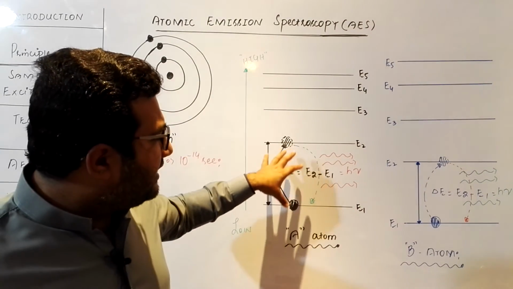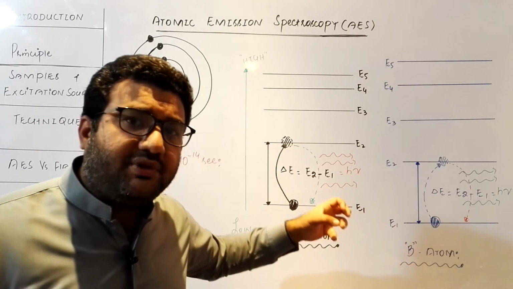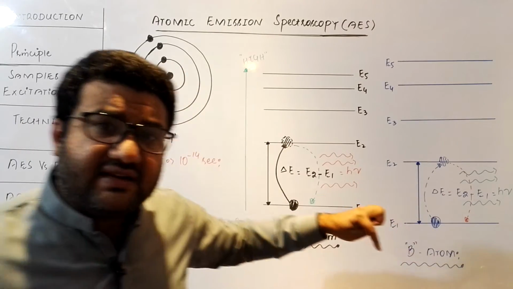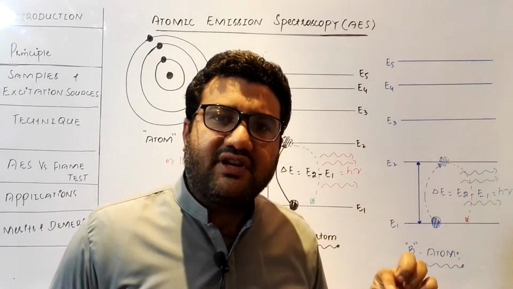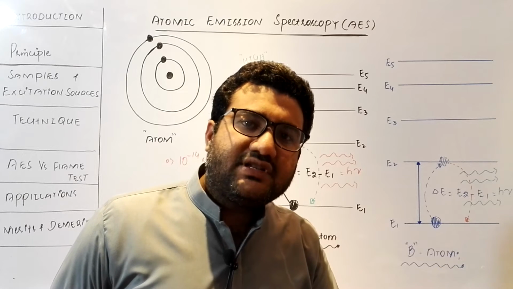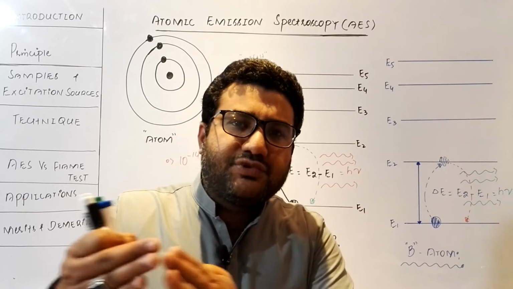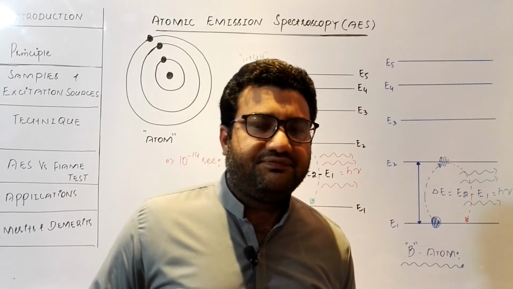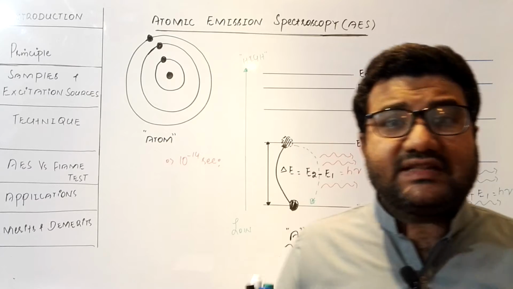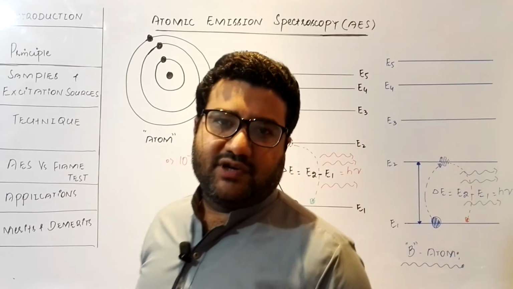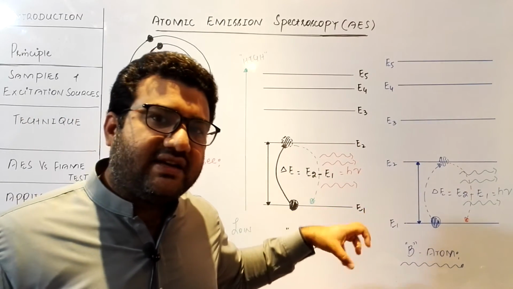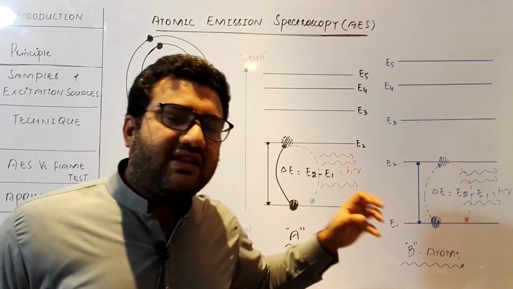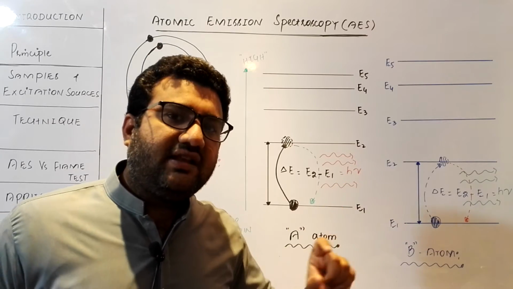When both these electrons were excited, they absorbed photons of different energy. And when they are de-excited, according to the law of conservation of energy, they will release photons of the same energy. So when the energy absorbed was different, the energy emitted will also be different. This is the base, the principle of atomic emission spectroscopy, that when the electrons are excited in different atoms, they absorb different amounts of energy, and when the electrons are de-excited, they release different amounts of energy.